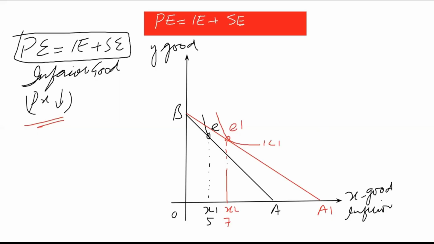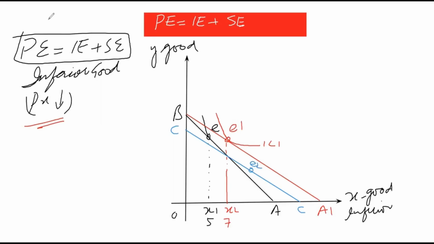Now we have to draw an imaginary budget line, which considers what the consumer could have been able to purchase if his purchasing power is kept constant. So the blue line would be the imaginary budget line, which is below the original red line, and this shows that the consumer's purchasing power has increased. Whenever the imaginary budget line is below the actual budget line, it shows that the consumer's purchasing power has increased.